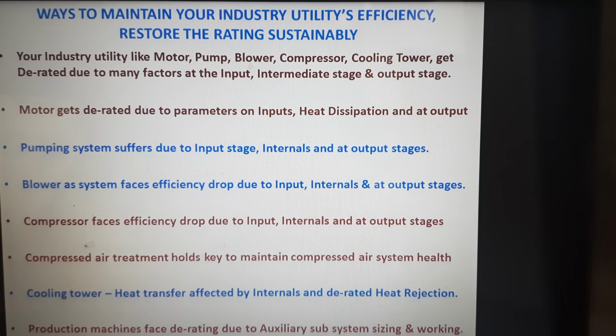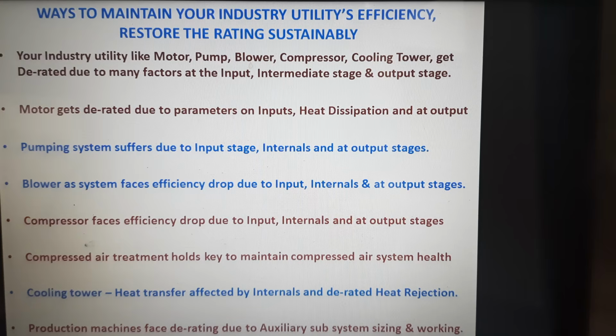deliverable as such. The pumping system suffers due to the input stage, the internals of the pump also make a lot of difference now during the routine and condition monitored maintenance and at the output stages. The blower as a system faces efficiency drop at the input and at the internals, going for an energy efficient internals of the blower system, either an axial flow fan or a centrifugal impeller as such, and at the output